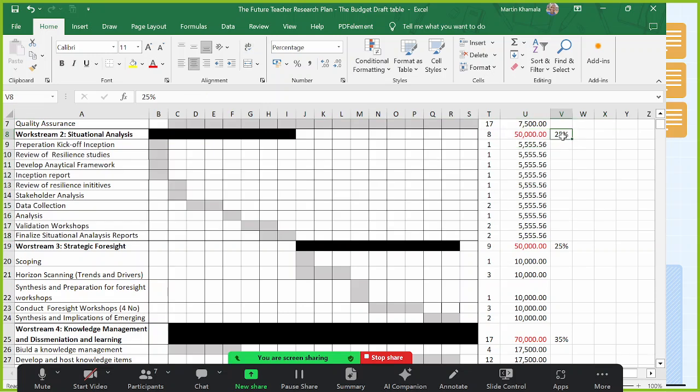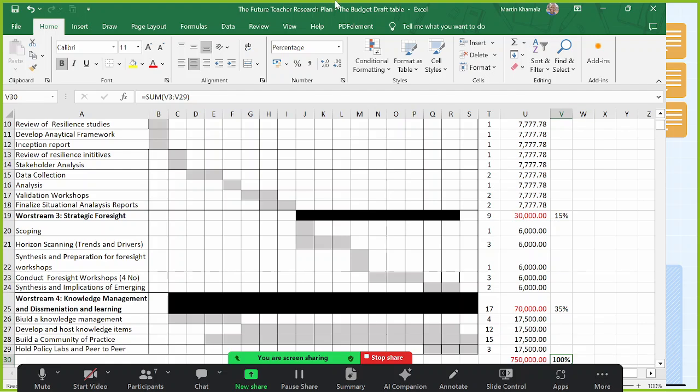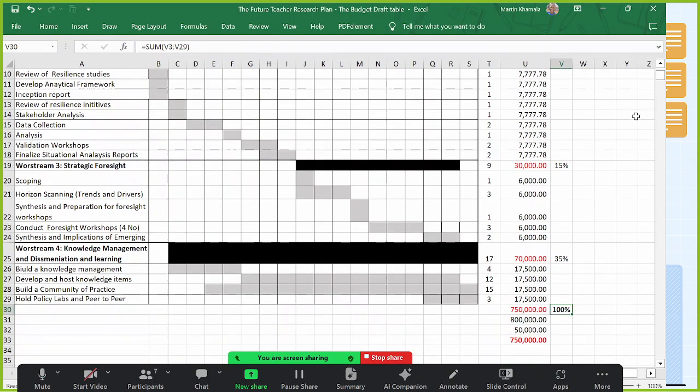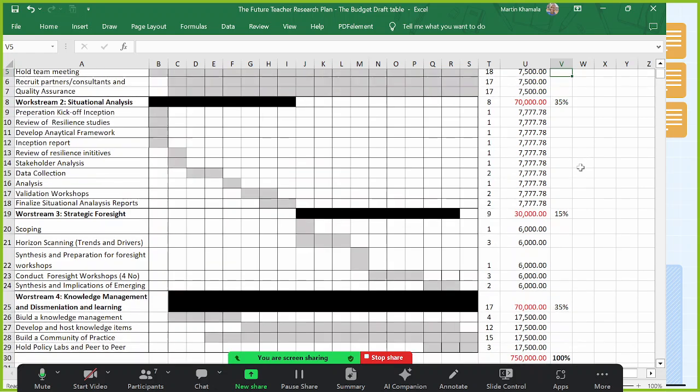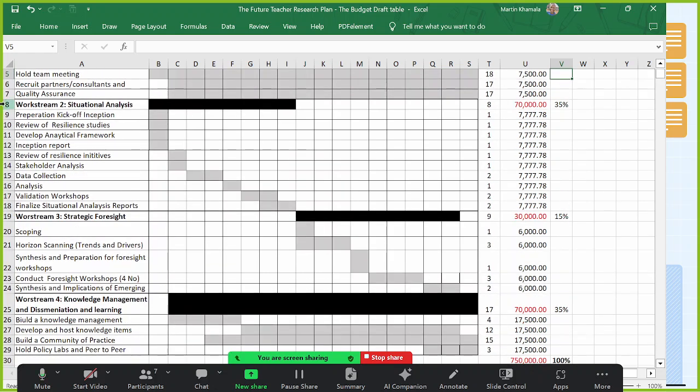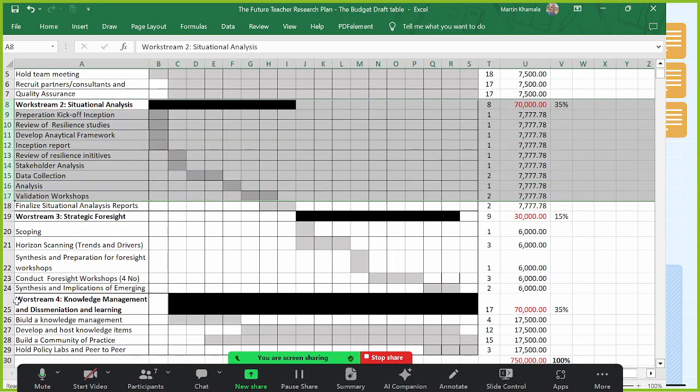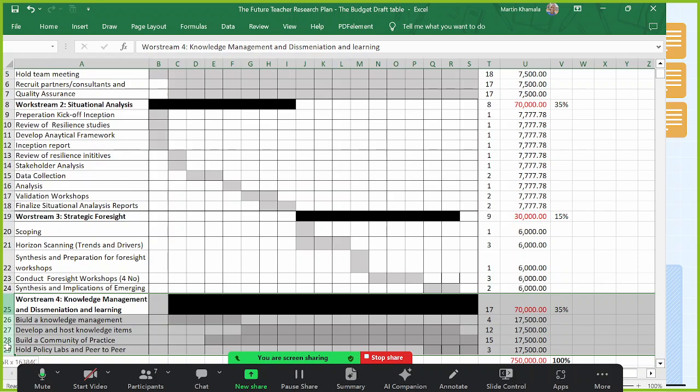Yeah, I agree with the Professor on the apportioning of the budget. Where have you apportioned your budget heaviest? If it goes just to personnel, then it is actually questioned. Okay, so I've now changed that one. Work stream 2 is a lot of data collection. Work stream 4 is a lot of development. Development, I think, is expensive, so I put it at 35. But again, we can